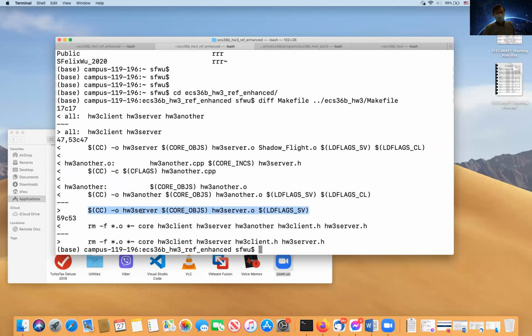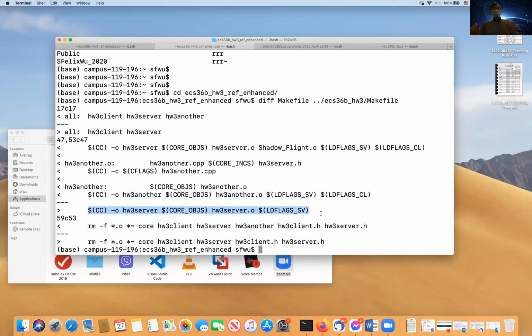You see that HW3 server is HW3 server. That's the original one. And then I actually changed it to this. So this is the new line in the makefile. In fact, this is the line why it didn't work. Between this line and this line, I actually changed it.